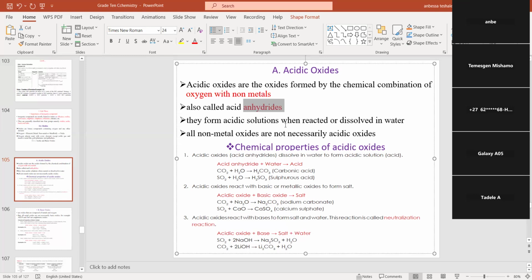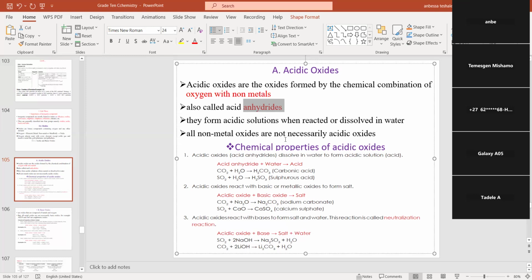They form acidic solution when they react or dissolve in water. Anhydride, acidic anhydride ስንል ማንኛውም ኦክሳይድ water ውስጥ dissolve አድርገን አሲድ የሚሰጥ ከሆነ acidic oxide ነው የምንለው ነው።